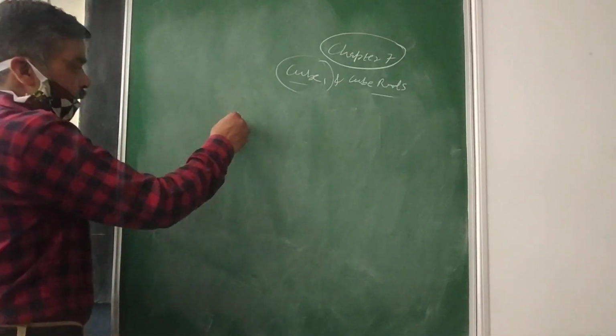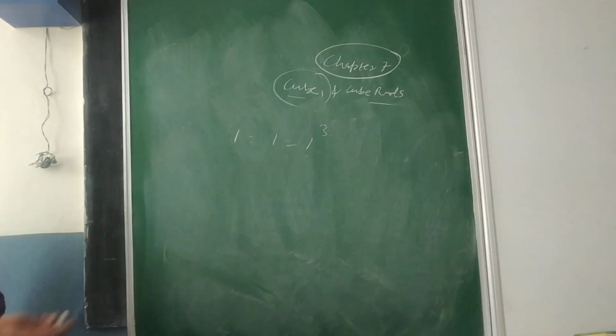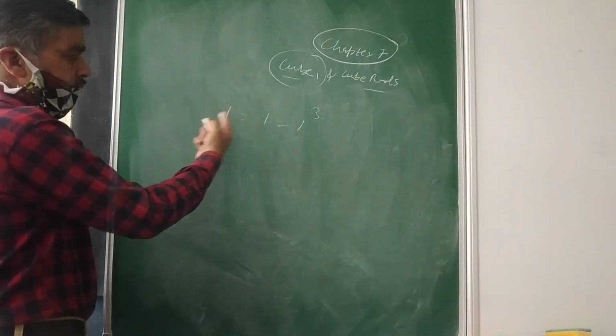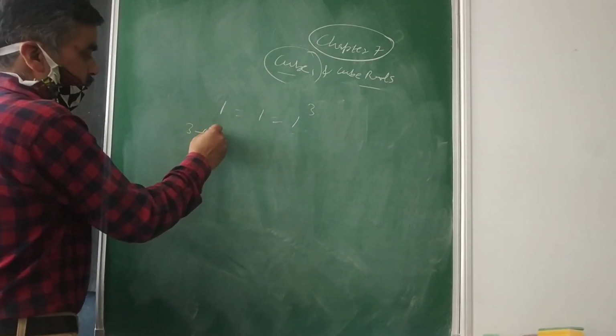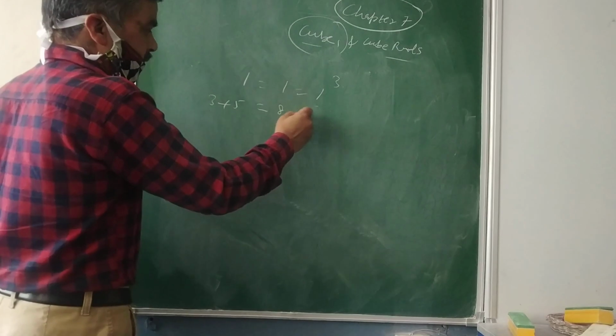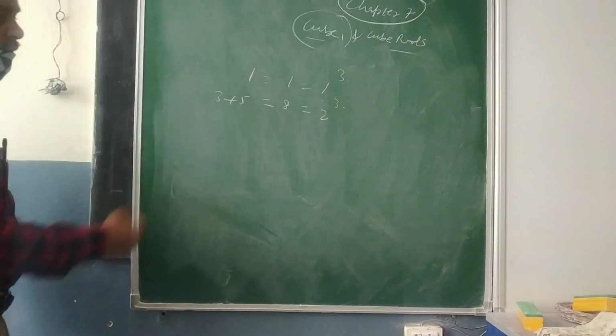Property number 6, let us have a number x, then its cube x cube can be expressed as the sum of consecutive odd numbers. Like the first odd number 1 is equal to 1, that is equal to 1 cube. Now cube of 1 is always equal to 1. The next two odd numbers are 3 and 5. If you take the sum of those, that is 8. How many odd numbers are there? 2. So cube of 2 is always equal to 8.